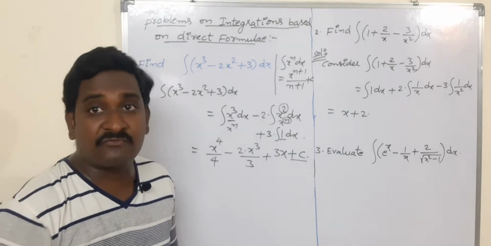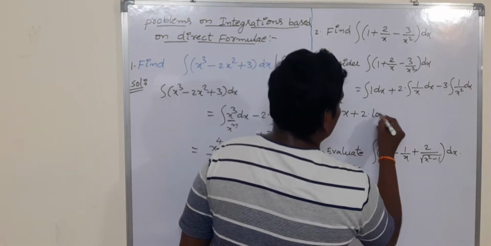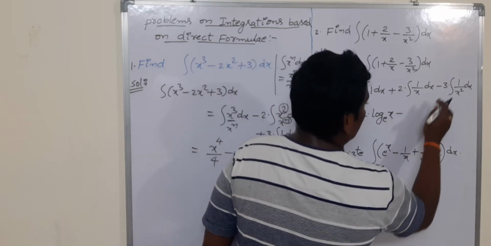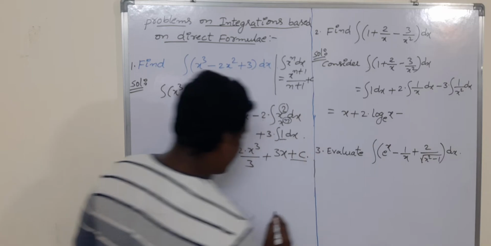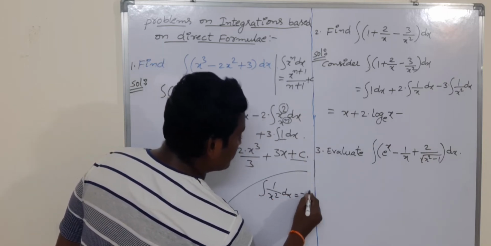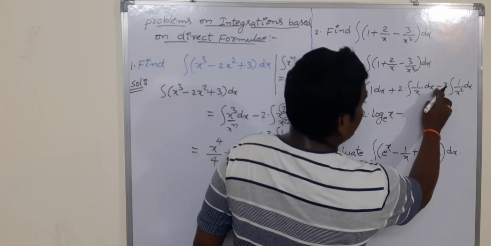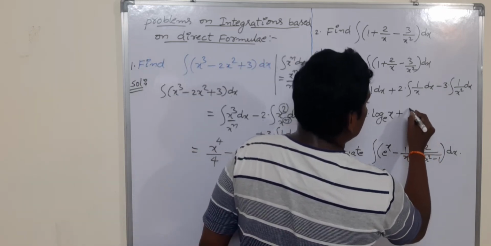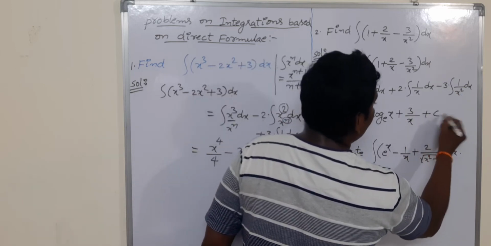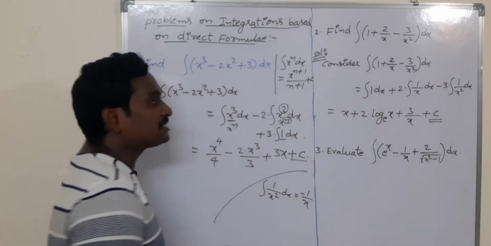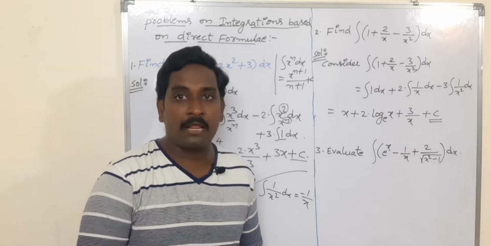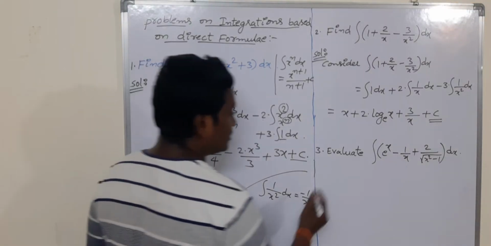In the formula list it is the second formula. So you will get log x to the base e minus 3 into, what is integration 1 by x square? Integral 1 by x square is minus 1 by x. That's why the minus is already there. So minus of minus plus 3 into 1 by x, you can write as 3 by x. After completion of integration, you should add a constant. This constant c is called constant of integration, otherwise simply parameter. Okay. See the third one.